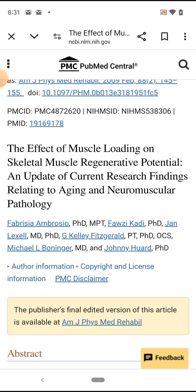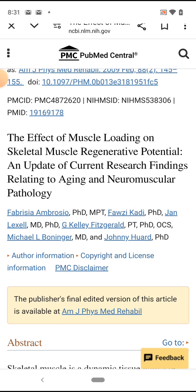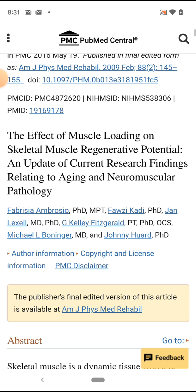Now, I've mentioned this NCBI report already. I put it in a video I just did, on somebody, on a lifting slave. But I'm gonna review it with you anyway, just in case you might have missed it. So this is a bodybuilding muscle report from NCBI. The effects of muscle loading on skeletal muscle regenerative potential and an update on current research findings, relating to aging and neuromuscular pathology. Okay, that's all really nice, but we're really only interested in the muscle stuff, the regenerative stuff